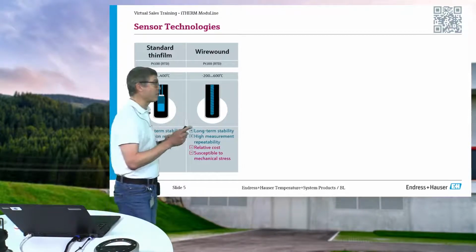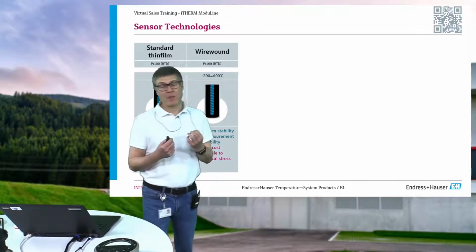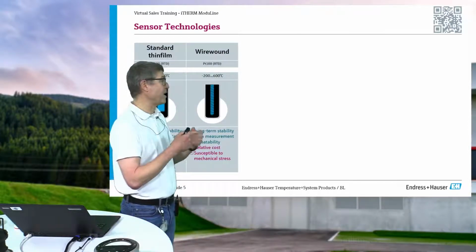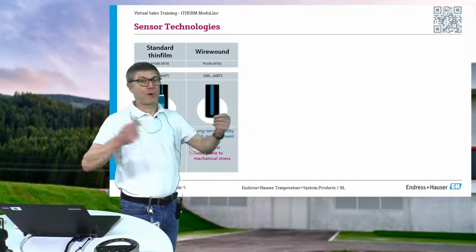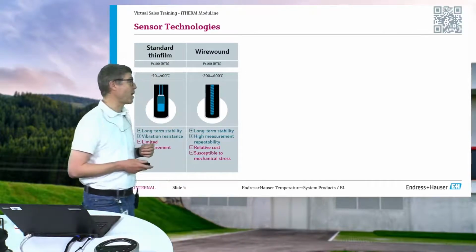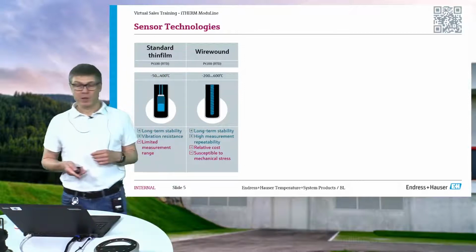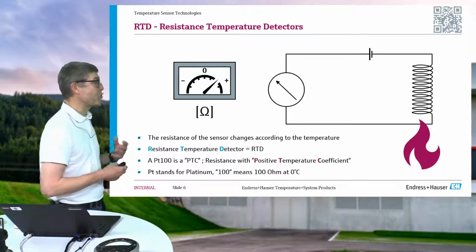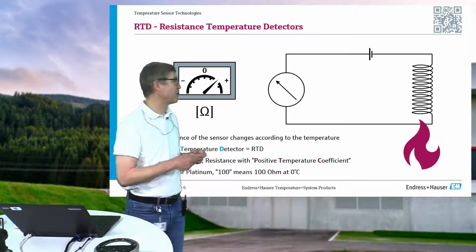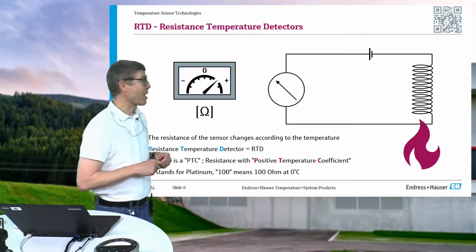And in a wire wound sensor, there's really a wire made of platinum, thick as a hair more or less. And if you break it and you spread the wire, it's nearly 1 meter long. So very thin wire in this ceramic body. The temperature measurement using an RTD, you might know, just for repeating, RTD means resistance temperature detector, and the